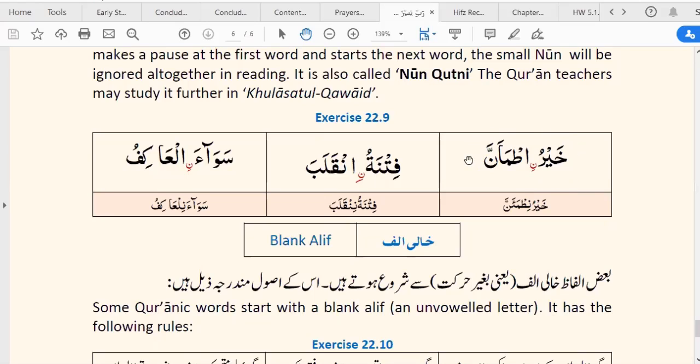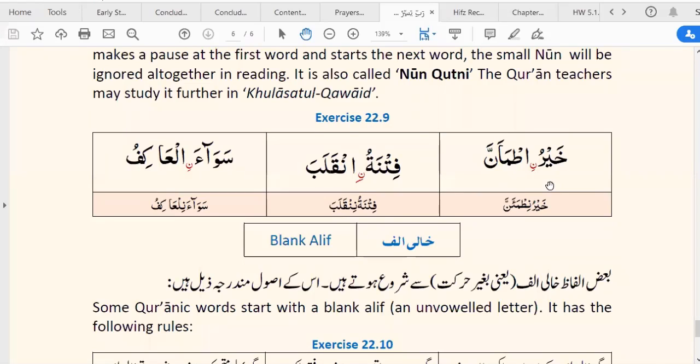Now, if I were to read this all together, I would read khayru nitma'anna. Okay, now if I read this one, fitnatu ninqalaba. And I'll read the last one, sawa'a nil'akifu. That's all well and good if I'm reading all together, but what happens if I want to split the